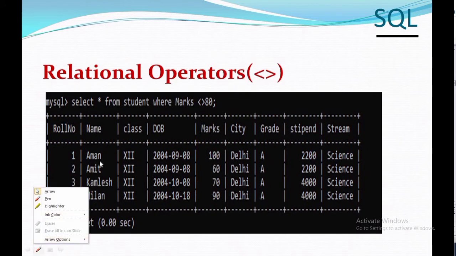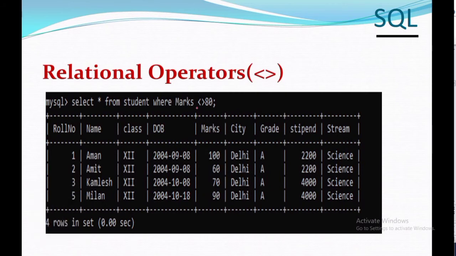To select all data except 80, we have to use the not equal to operator. Select star from students where marks not equal to 80 will select all records whose marks are not equal to 80. As you can see, there are 4 records in the result set and their marks are not equal to 80.